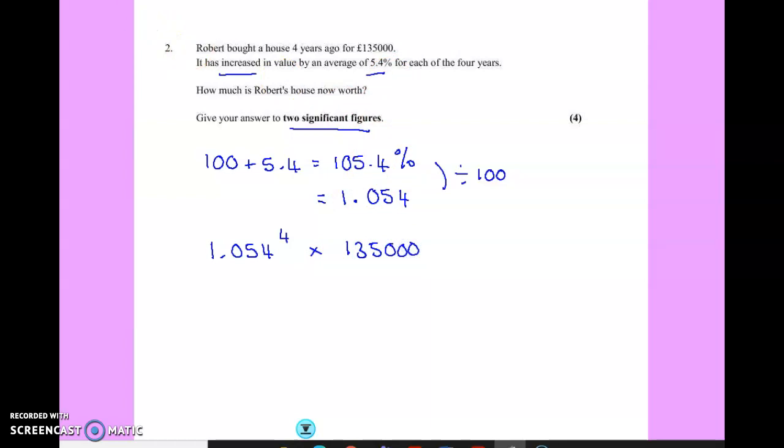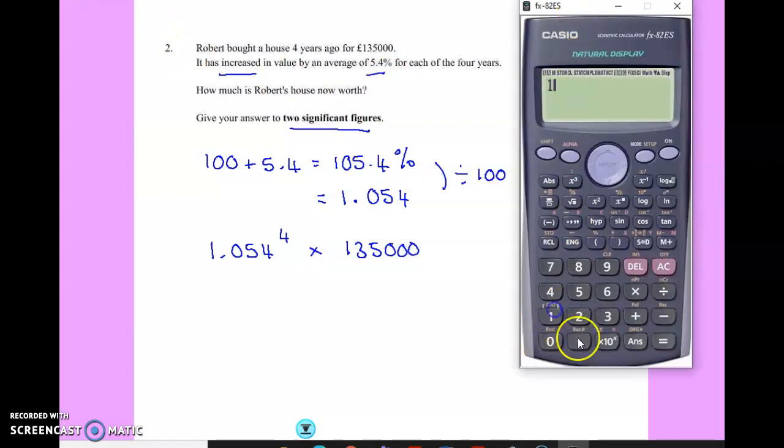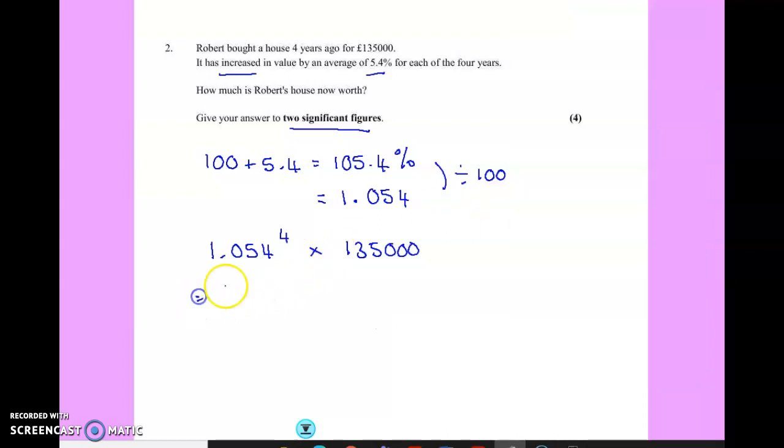I'll get my calculator on the screen so you can see this one. Okay, it's 1.054 to the power of button. Mine's an x with a wee box. It might be an x to the power of y or a y to the power of x. To the power of 4. Make sure, if you're using a calculator like this, that your times comes back down. 135,000. That comes out at, calculator always disappears when I do this. Which is